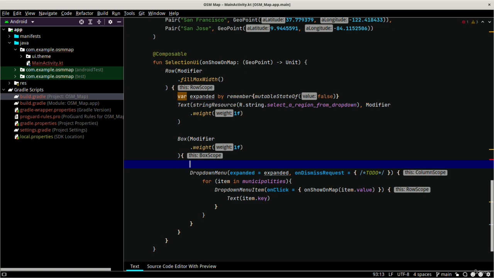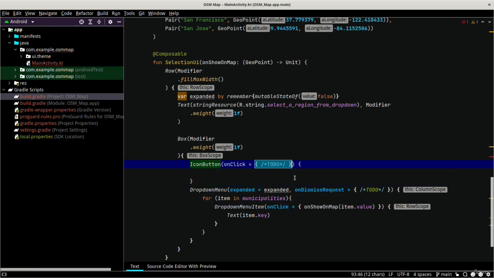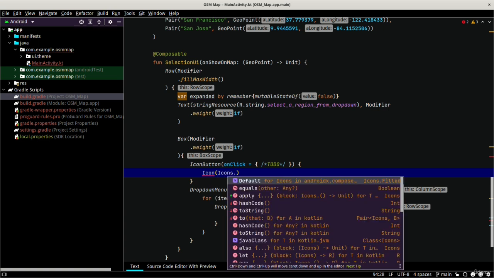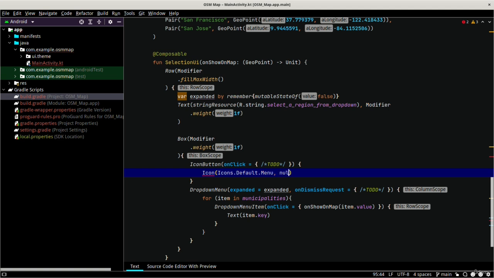I add an icon button, and inside the icon button I add an icon with the icon of menu, Icons.Default.Menu, with a null description, and when this icon button is clicked, I'm gonna open the drop down. I do that by setting expanded to true,